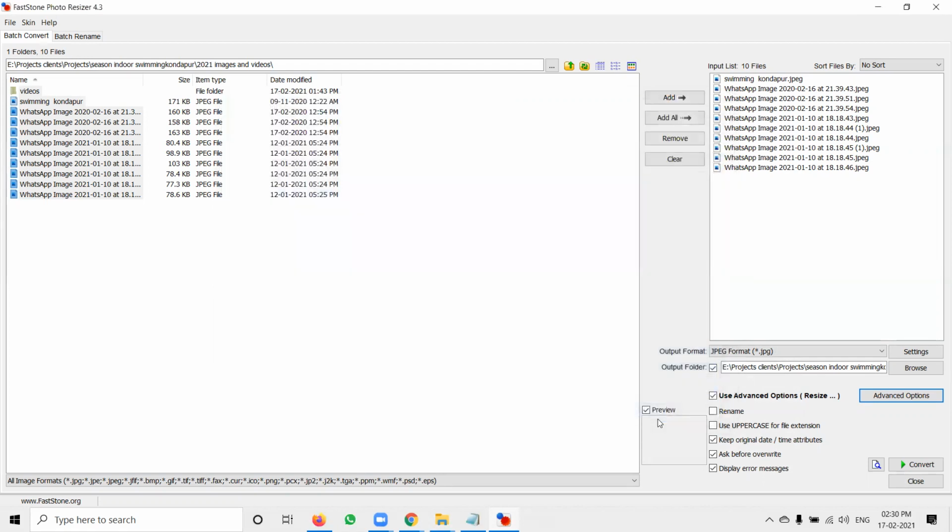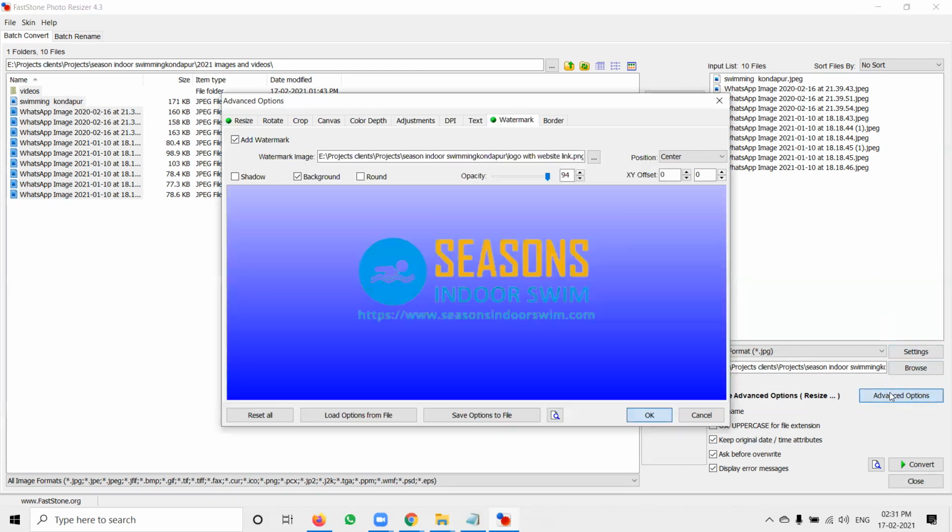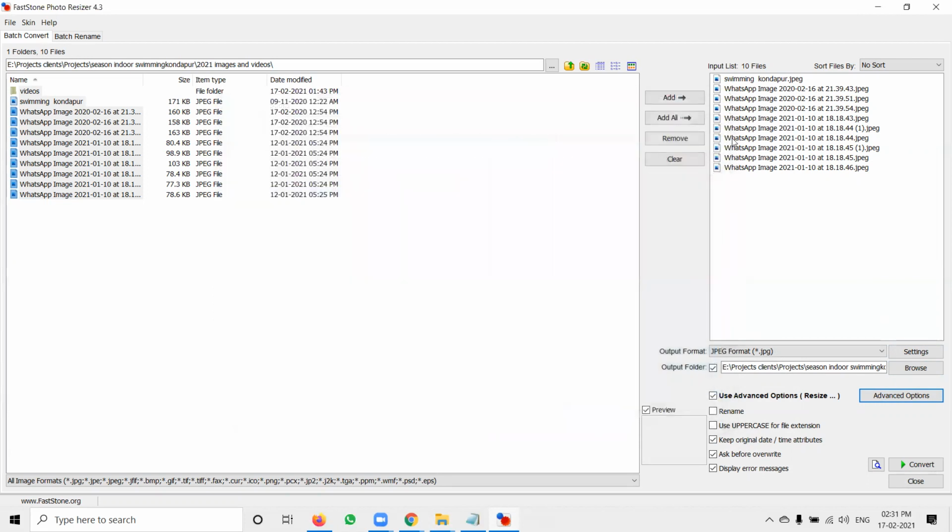Now click for the image. Simply, only three options you can change. First the image is added. Next, choose where you can save the file, and in the advanced option add your watermark and text, and the sizes will depend on your option. How many images can we add? We can add any number of images, no need to worry.